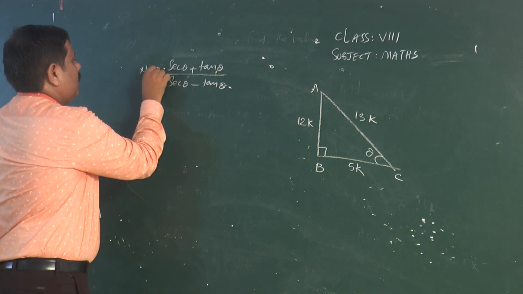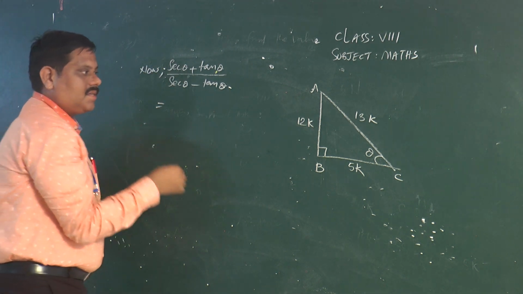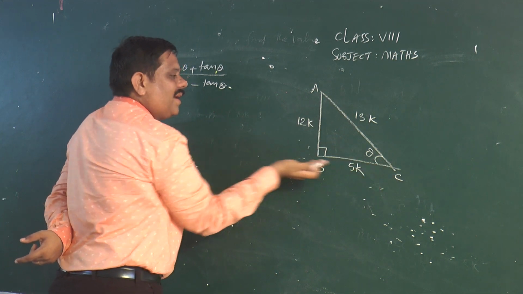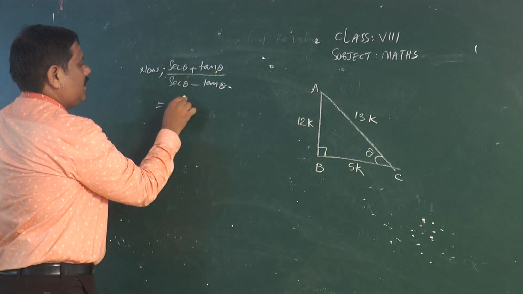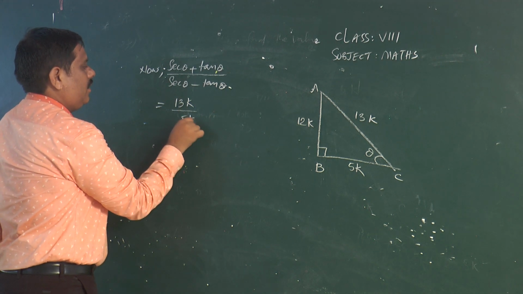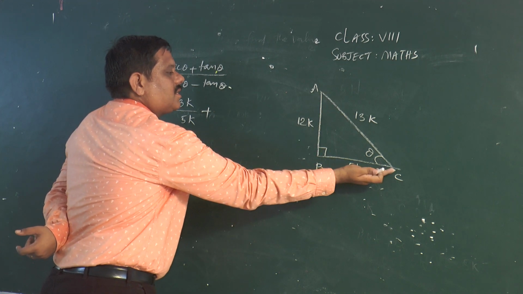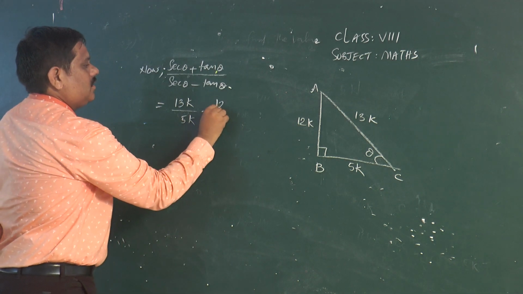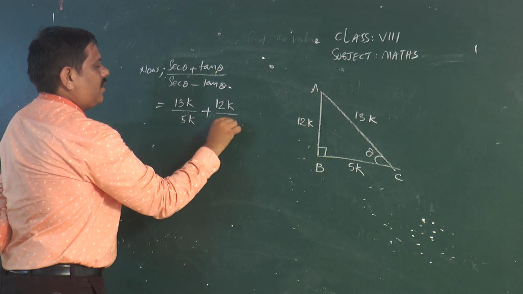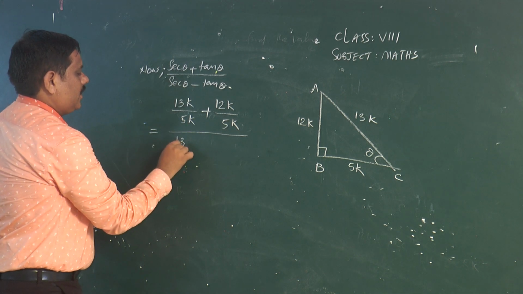So that is equal to, what is secant theta? Secant theta is defined as hypotenuse by base, or adjacent side to theta. So that is 13k upon 5k plus tan theta. Tan theta is defined as opposite side to theta by adjacent side to theta, or perpendicular by base. So that is 12k by 5k, upon the same, 13k by 5k